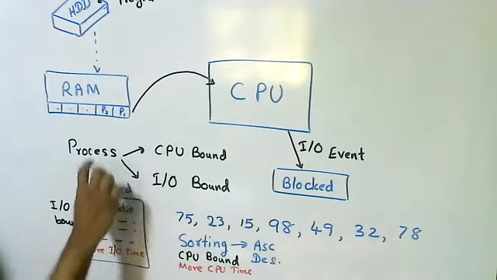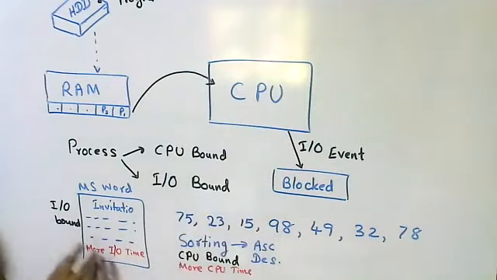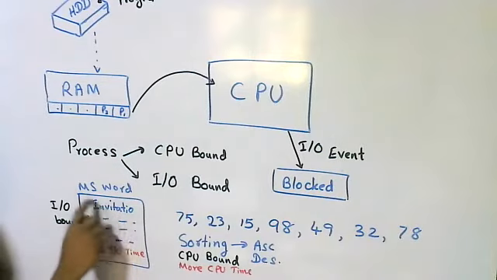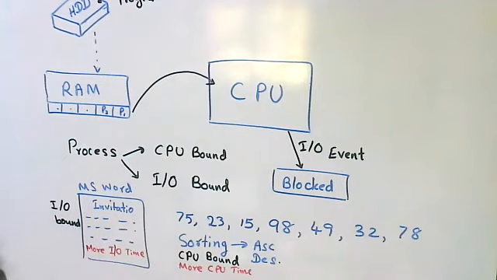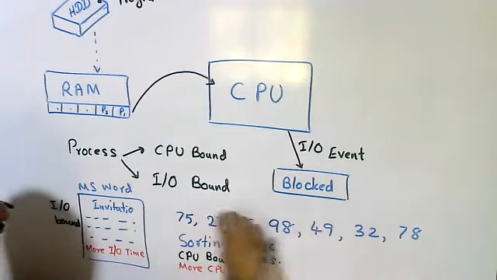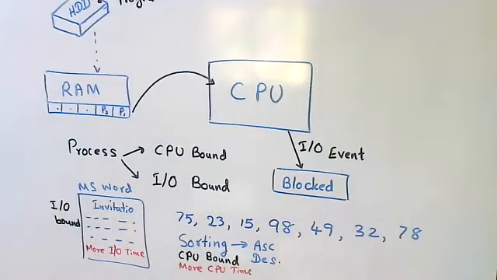Okay. So I'm going to explain CPU bound process and IO bound process. The process that needs more IO time is called an IO bound process. For example, MS Word, while we are typing and creating a document. The process that needs more CPU time is called CPU bound. For example, when there is a sequence of numbers and we are sorting them, it is a CPU bound process. Right, hope it's clear.